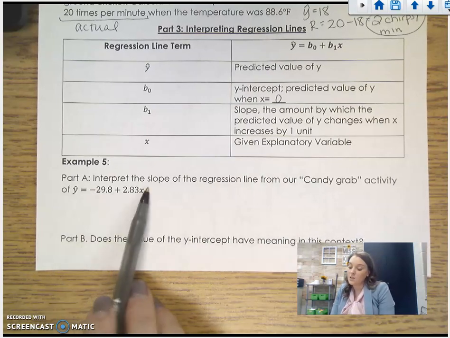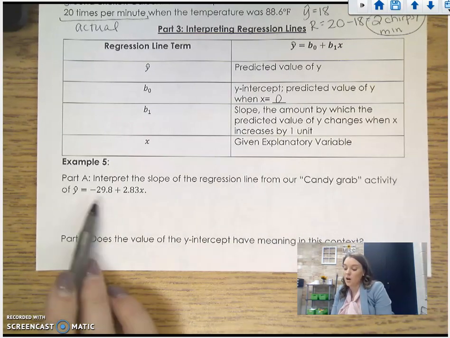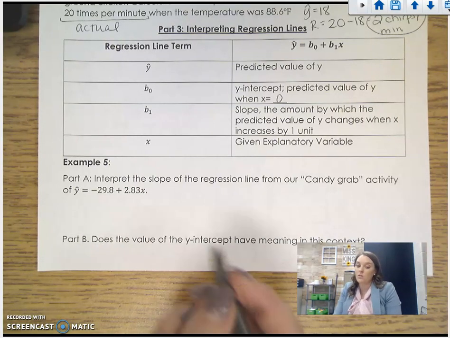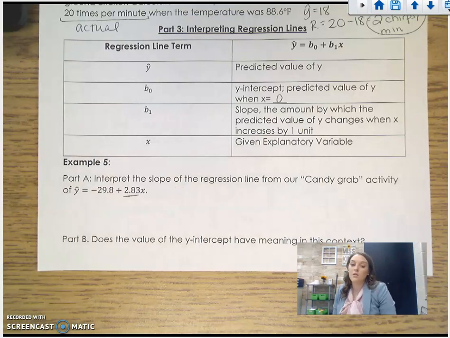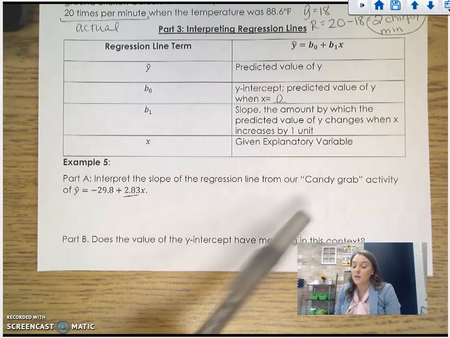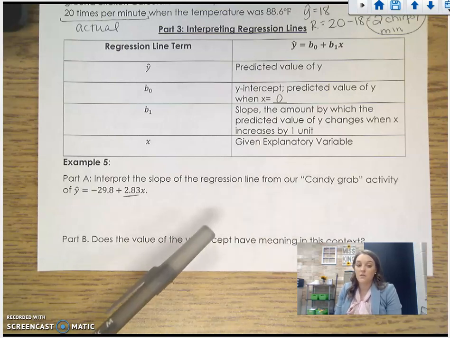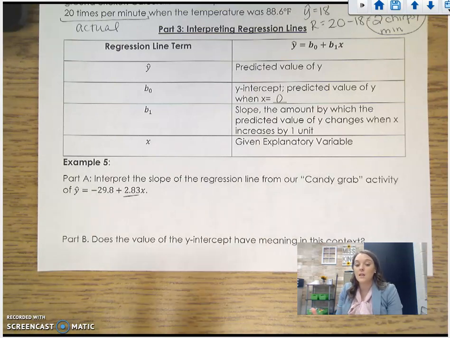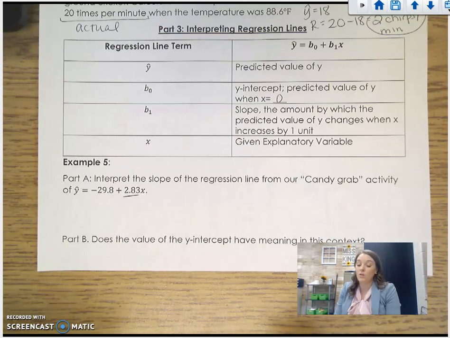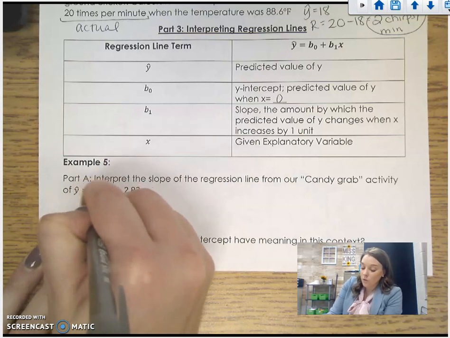So part A says interpret the slope of the regression line from our candy grab activity of y hat equals negative 29.8 plus 2.83x. So 2.83 is going to be my slope, and I need to interpret what that means for our candy grab activity. So in that candy grab activity, for every increase in hand span, we predicted that a person could grab 2.83 more starbursts. So for every